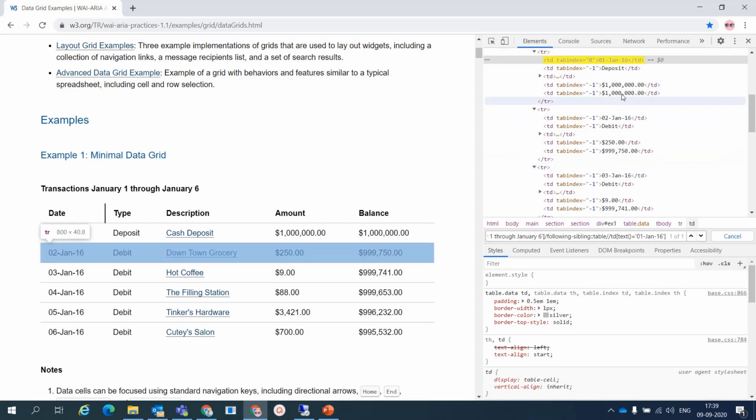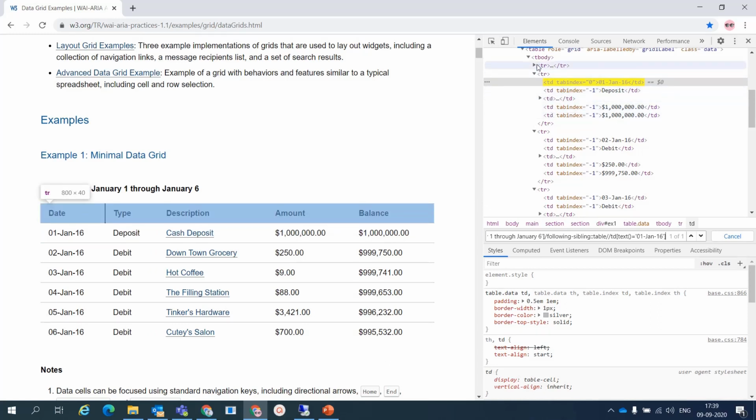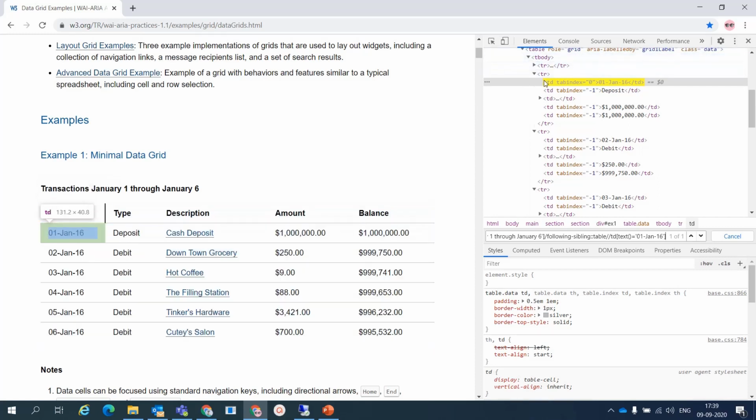Now if you see here, I have this date and I want to get this amount. Now tell me, this amount TD, who is this to this date? You can see these are the siblings, and their parent is this TR, their grandparent is TD, and so on above, but we will not go there. We'll just see these are the siblings.